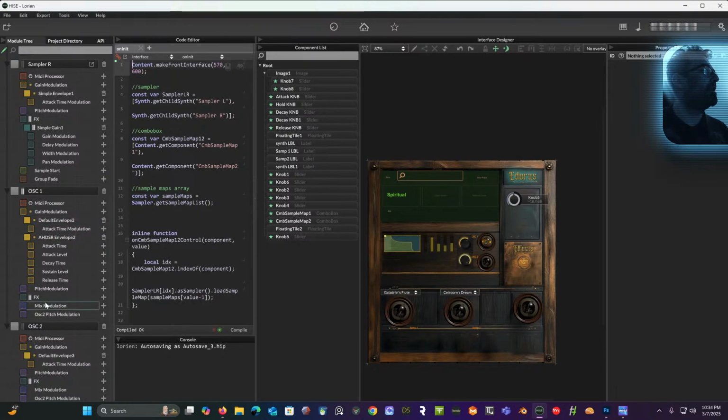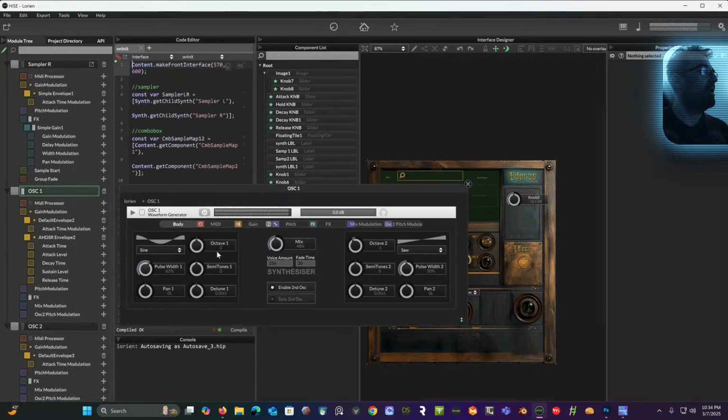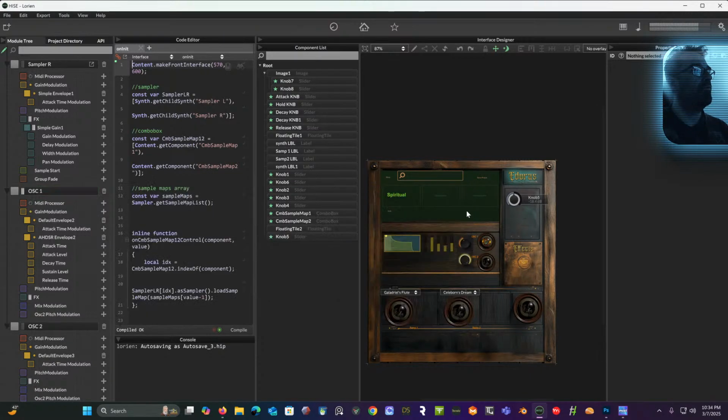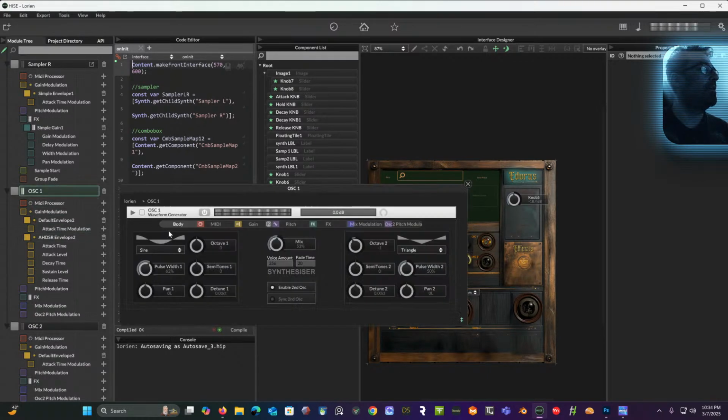So now when we come in here, we will have dual oscillator joy. I'm going to make sure on this first one that we in fact do have what we want. I'm going to change this saw over to a triangle. And then when we flip it between these, that's good. I also want to make sure that in here,